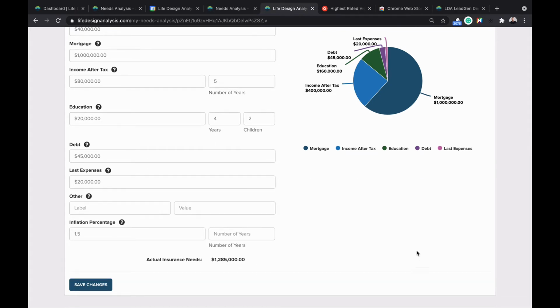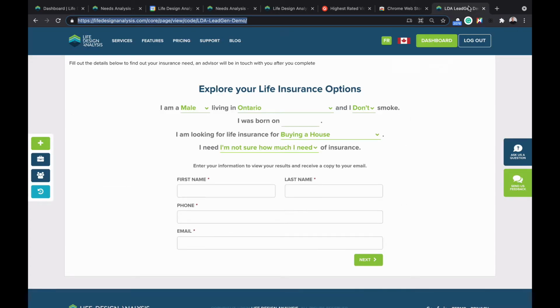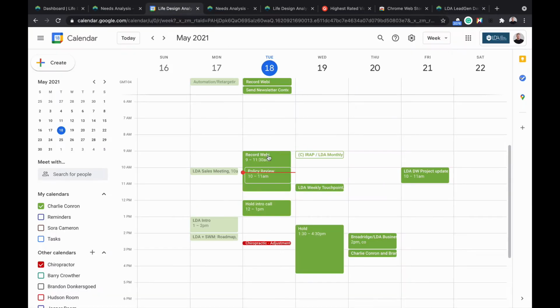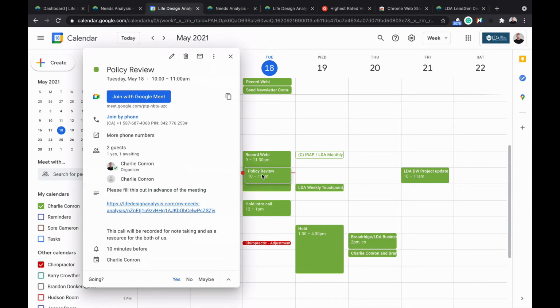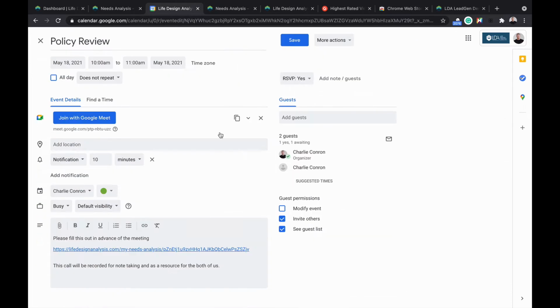Now, another idea you could use along this same idea would be if you were using something like a Calendly or a CRM booking where you had different time slots. Again, you could more generically put in something like LDA lead gen, which is embedded on your website, but then add it into meeting invites. So if you had a certain policy type or a certain review type or intro meeting, rather than putting that stuff in there, we could put this,